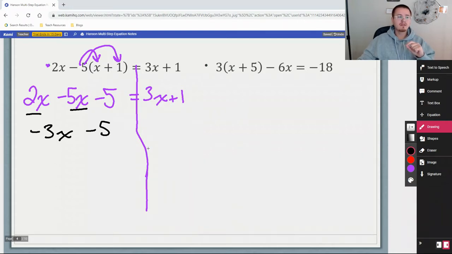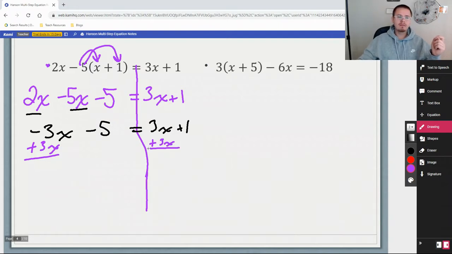Drop the -5. 3x plus 1. We're getting close. You see that, naturally the equation's getting cleaned up, but you still got x's on both sides. Now, personally, I prefer moving the negative variable when I can, because I don't like dealing with negative people out of my life. I want to get rid of them. So a -3x on the left, to get rid of it, I would add 3x on the left and on the right,